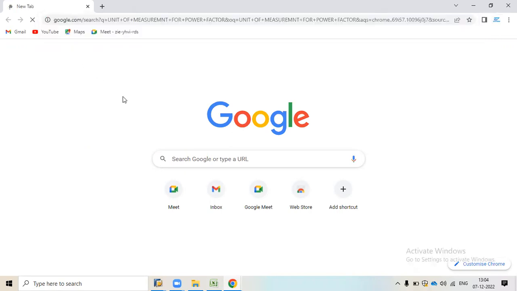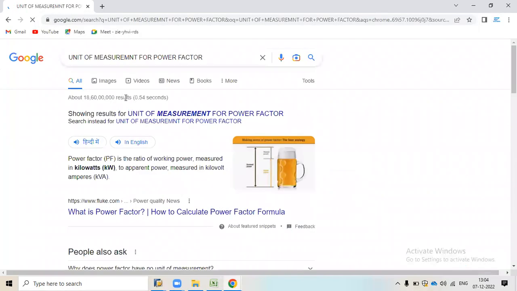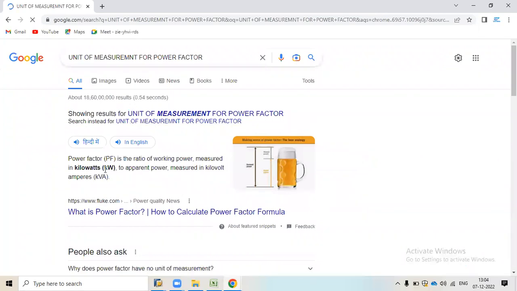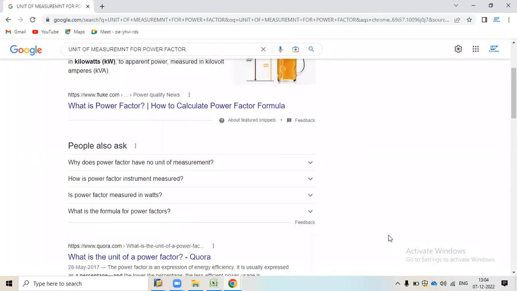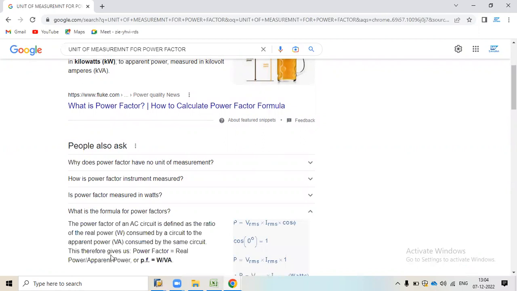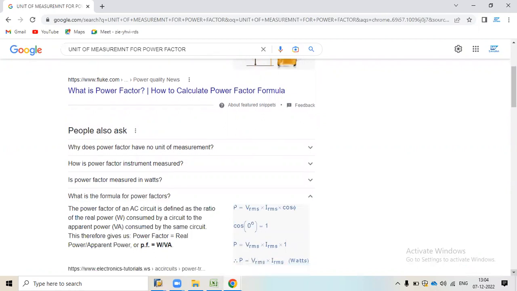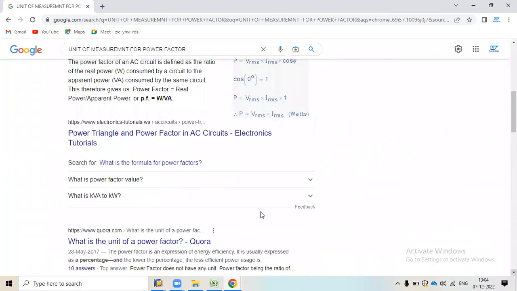Press enter, so we will get the unit of measurement. Power factor is a ratio of our working power. But it is not showing. The formula for power factor is kW upon kVA, but it is not giving a value.